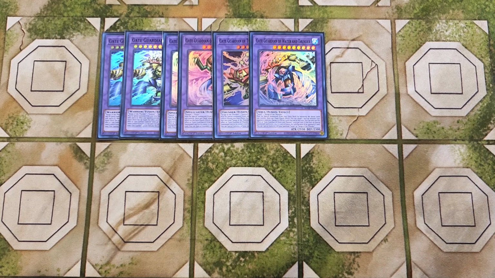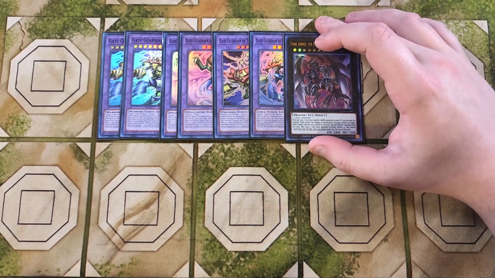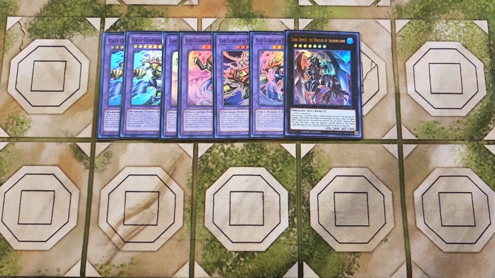We then play a single copy of Dark Armed, the Dragon of Annihilation. You guys know I had to work in a Dark Armed Dragon into the deck somewhere, and this deck is the perfect deck to be able to do that because it is a level 7 focused deck. And this card is really good to be able to put on your side of the field because it lets you basically pop 2 cards on the field by banishing 2 cards from your graveyard,